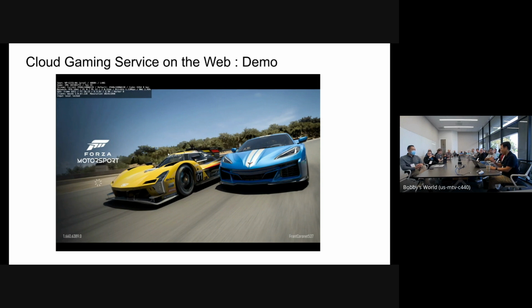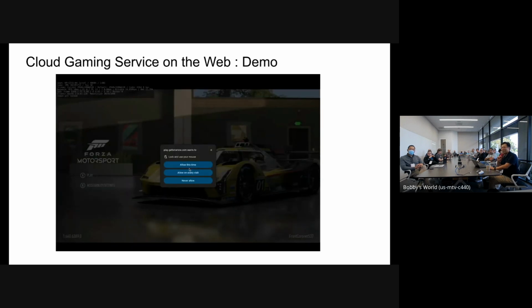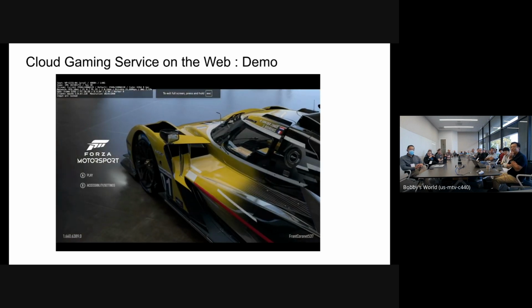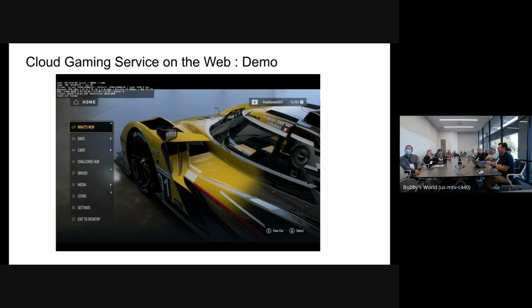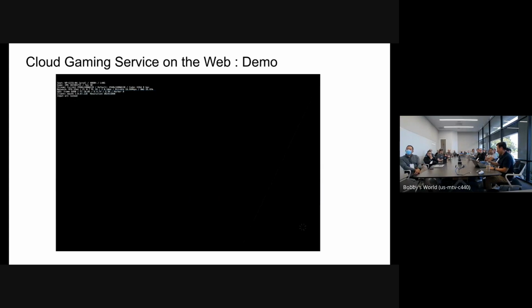But this is just a demo of the cloud gaming. So let me explain more about the current video playback. This is pointer lock again. There is more pointer lock code during the scene changes. So this is the cloud gaming.